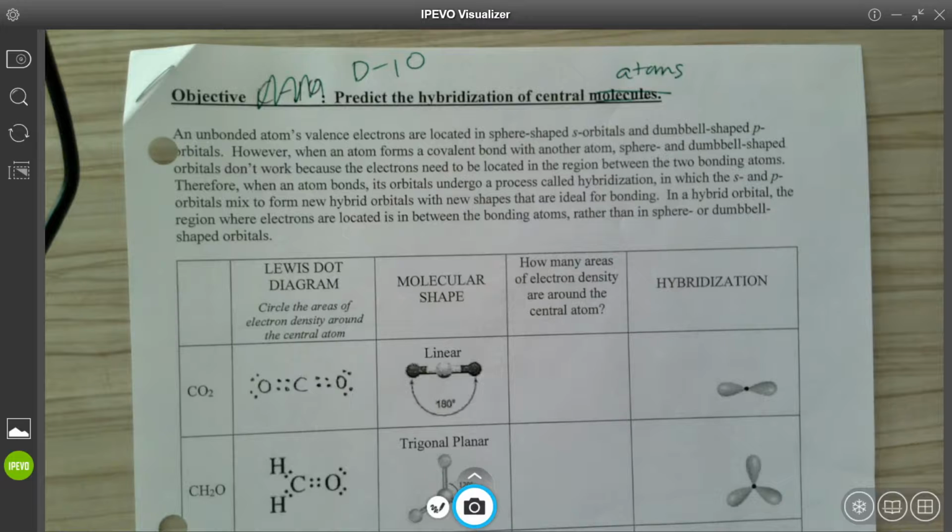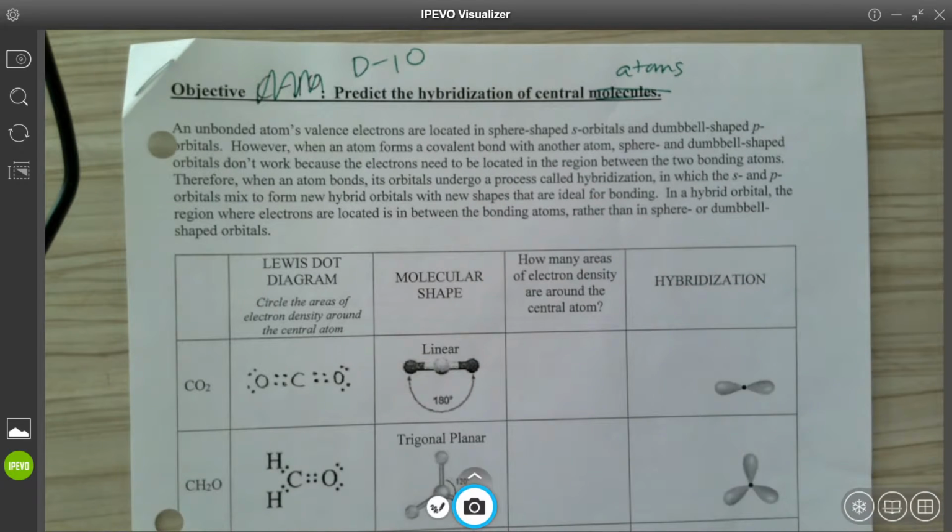Okay, central atoms. So we're going to go into a little bit more depth in terms of molecular shape. This objective is actually very simple to understand in some ways, but sounds complicated. The way the book explained it sounds really complicated. There's a whole lot of backstory to what hybridization is, but actually determining the hybridization of something is quite